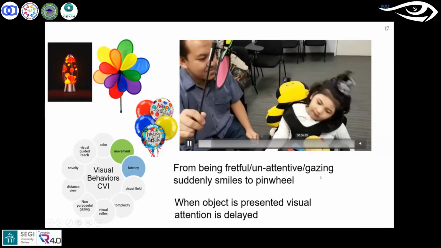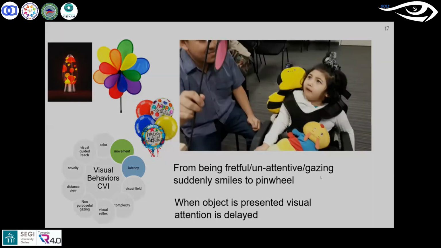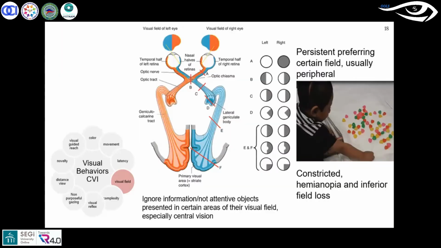Now, stop one. Next one is the visual preference. We know that our visual field is related to our brain with the processing of the optic nerve, optic tract, and the geniculate body. And then if anything happens to any of that structure, it will give a definite visual field defect. However, this is not true for children with CVI,